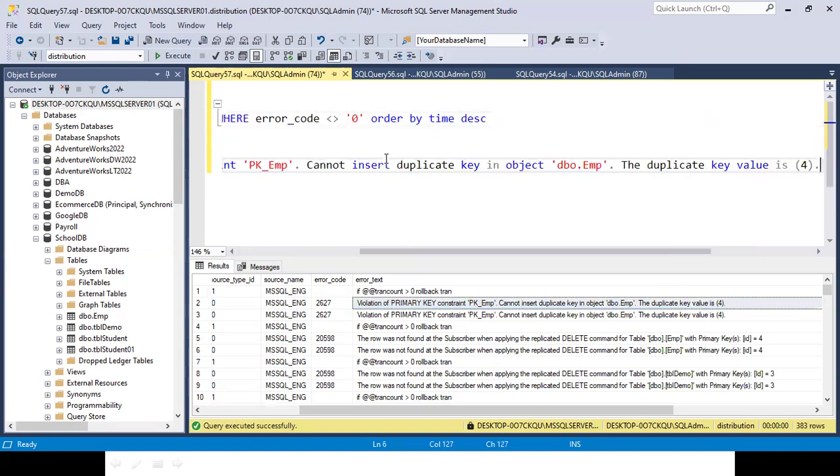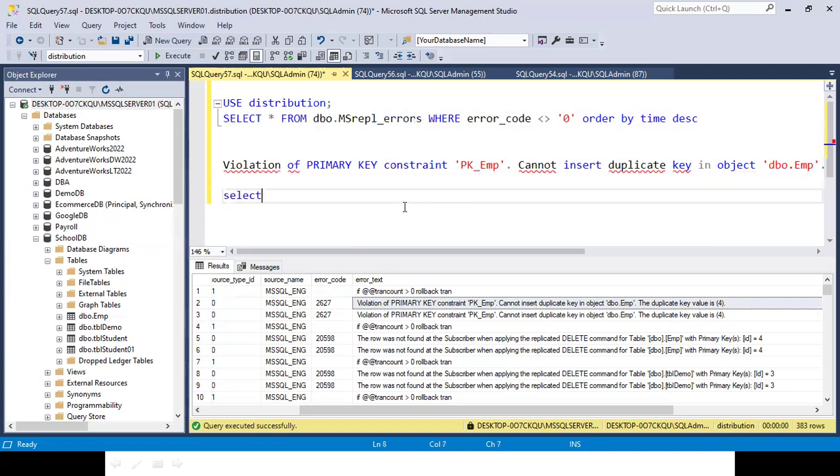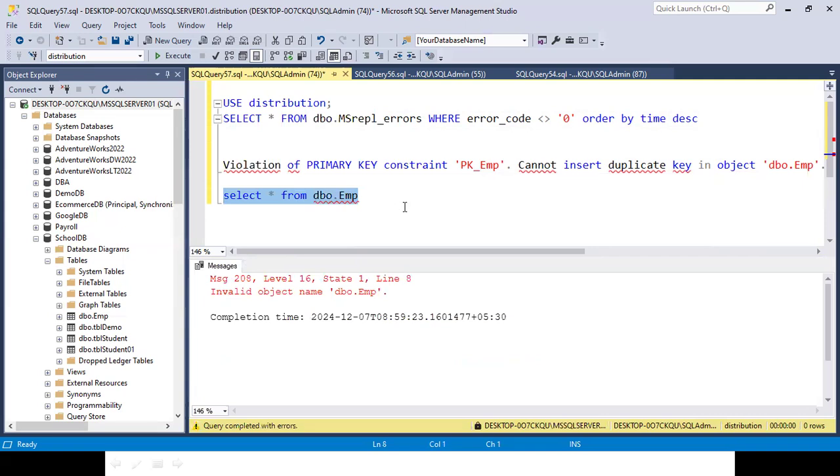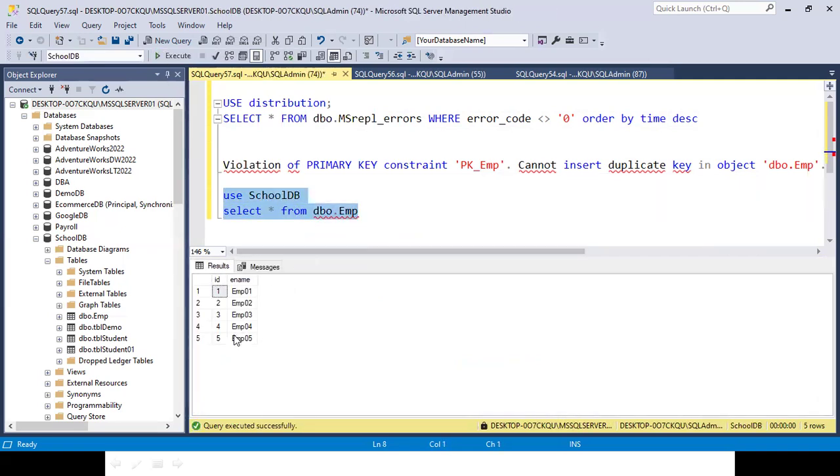What is the next fix? You have to select your table. Let's suppose I'm selecting a table, the user table, and try to select this.